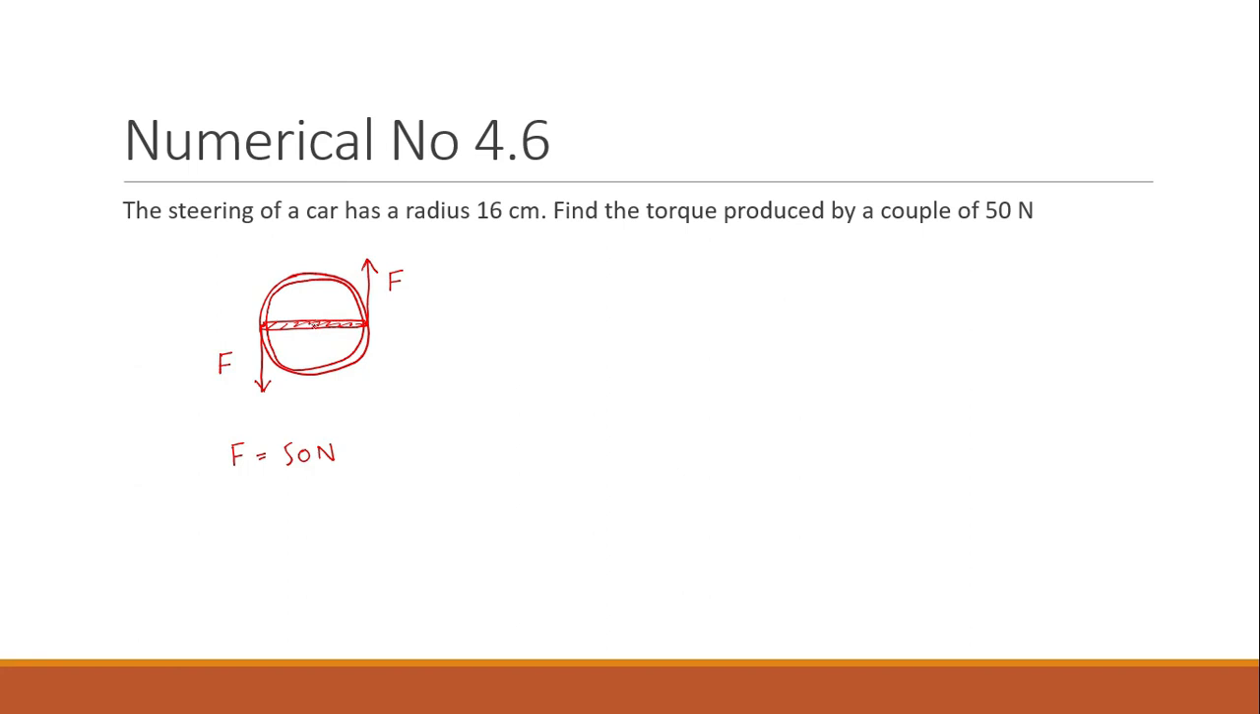The steering is pivoted at the center point, so it has a radius of 16 cm. To convert the 16 cm into SI units, we have to divide 16 by 100. It is equal to 0.16 meter. To calculate the couple, we have to take the total distance between these two forces,